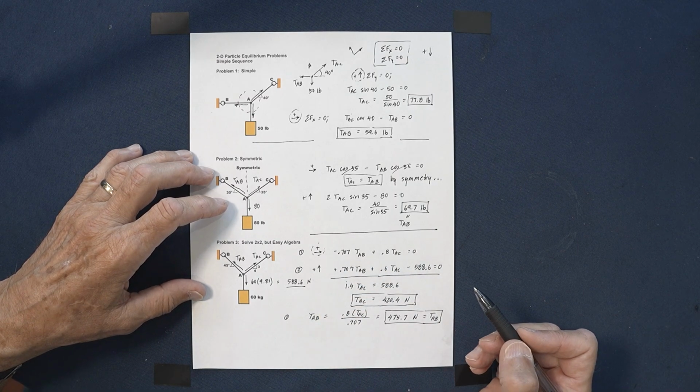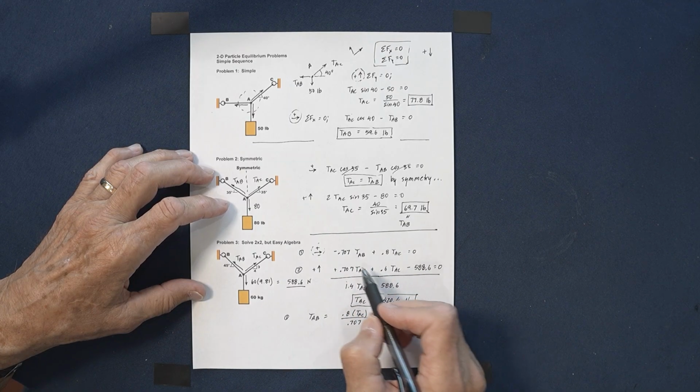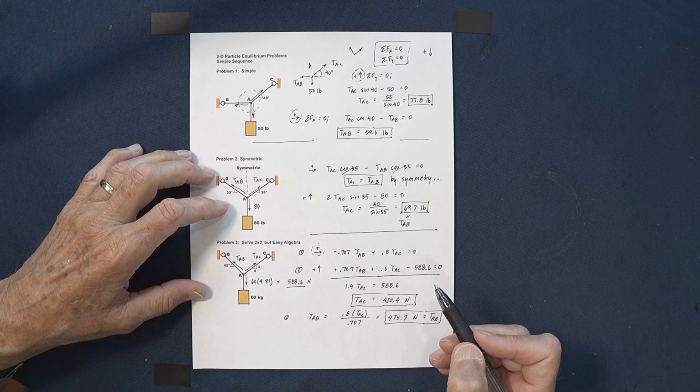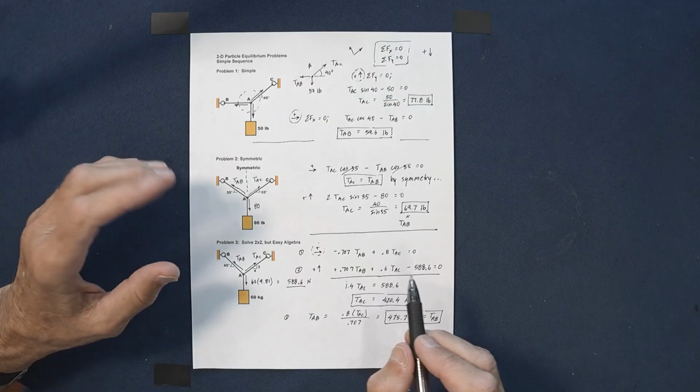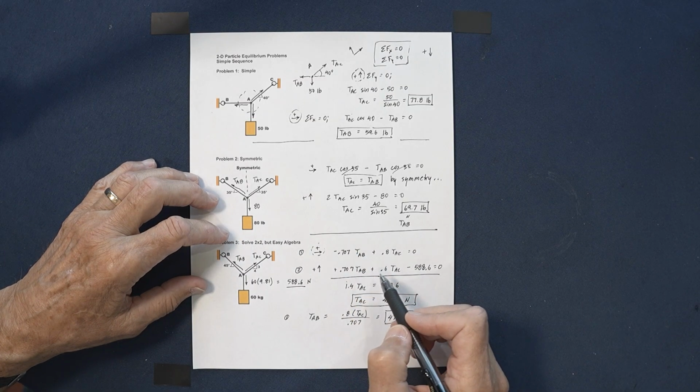Once you write these equations, you've got a plus and a minus 0.707 in the two equations. So even though it's two equations and two unknowns, you could add these two equations,